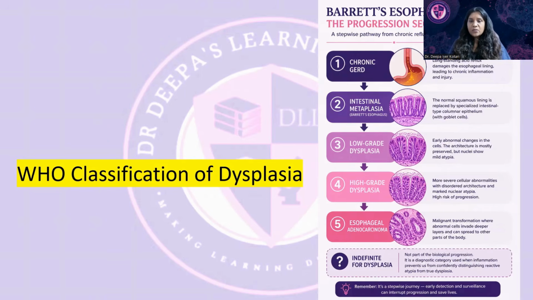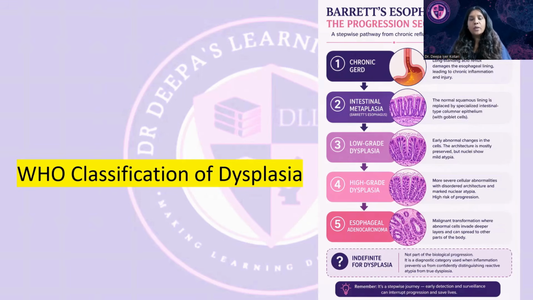Low-grade dysplasia is when elongated hyperchromatic nuclei may be present. Nuclear cytoplasmic ratio may be slightly increased. There may be slight nuclear stratification, but the nuclear polarity is maintained and the architecture is maintained. Then call it low-grade. When it is high-grade dysplasia, that demonstrates a severe abnormality where there is nuclear pleomorphism, enlarged